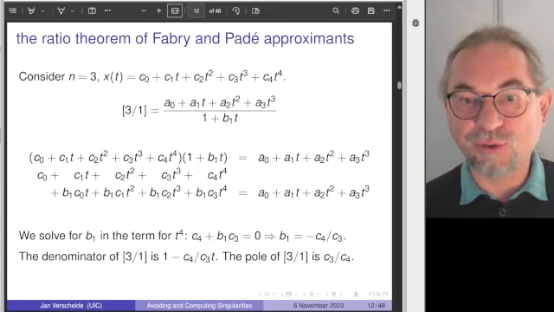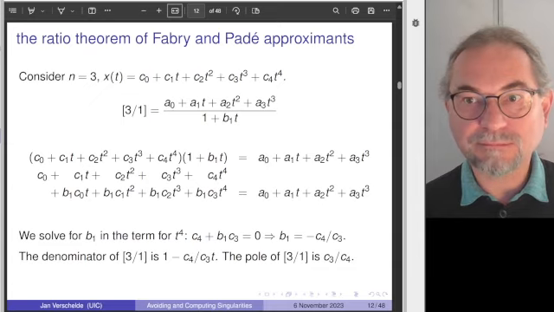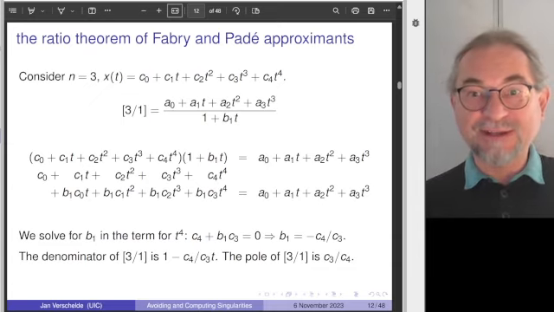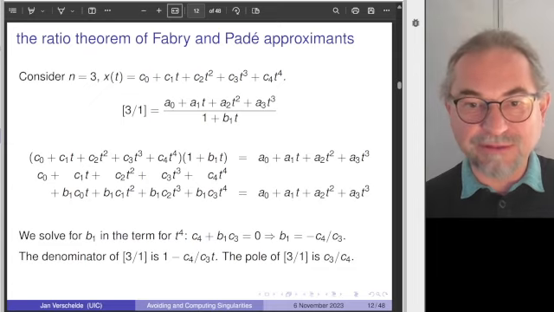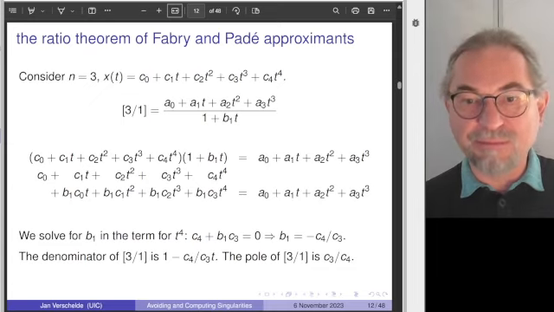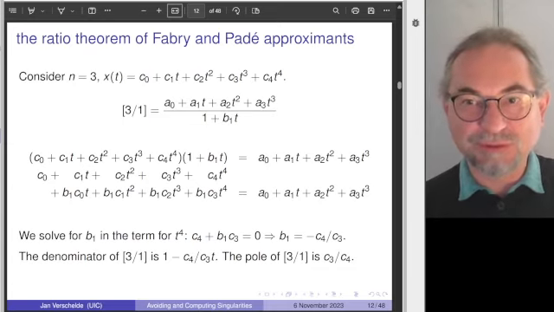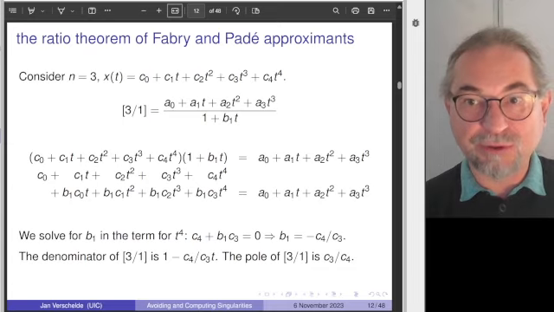If you are looking for which value of t this becomes 0, so this is the pole, then you have C3 over C4. Okay, so this is also an indication: if you see the Padé approximant as a function, you better not plug in t equals C3 over C4. So what this analogy, this connection with Padé approximants, also shows